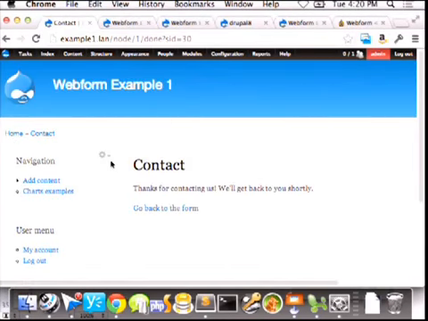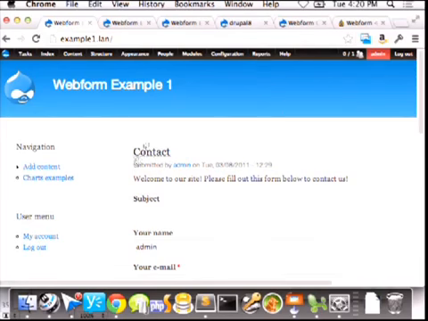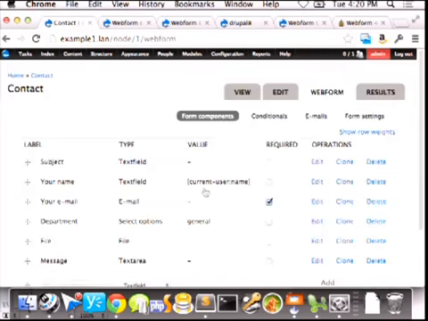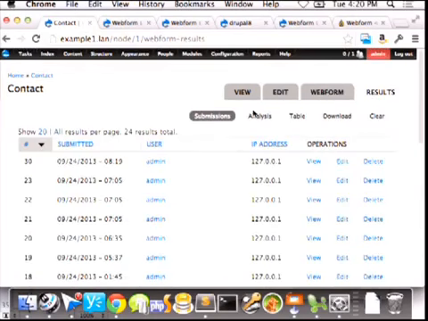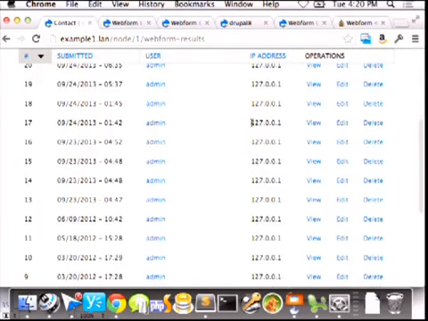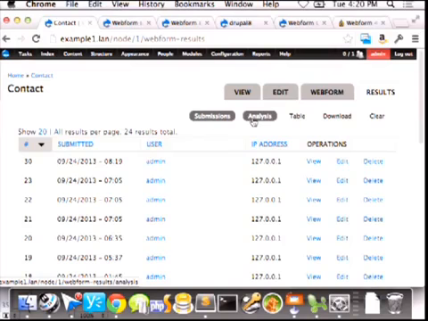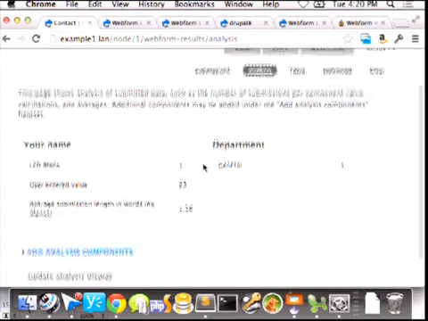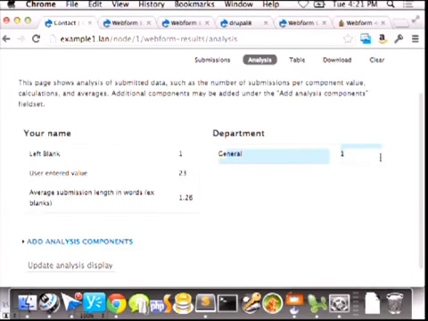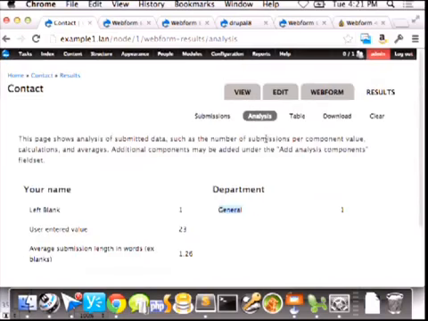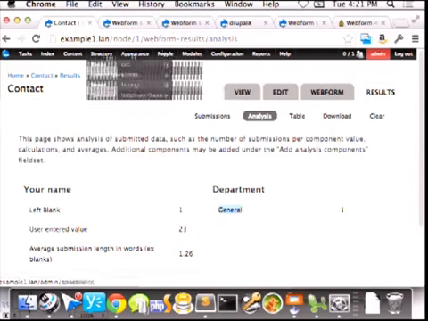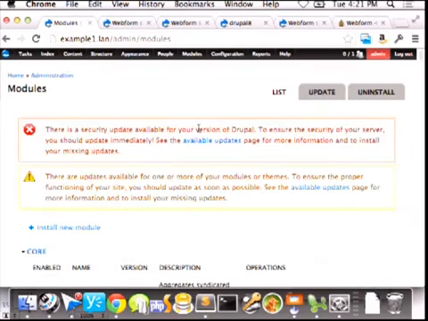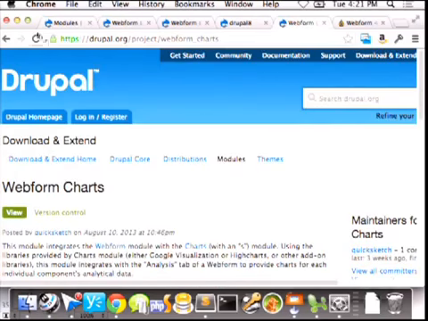With the same example, I also want to go over some of the new abilities we have with the new analytics. So right now, when we look at the web form and the results, all of those submissions that come through, you can get all of them in email, and it records all of them. But then we can also look at the analysis of all of these values that got filled out. Currently I've only filled out this form once with this department field filled out. But if I were to turn on the WebForm Charts module,